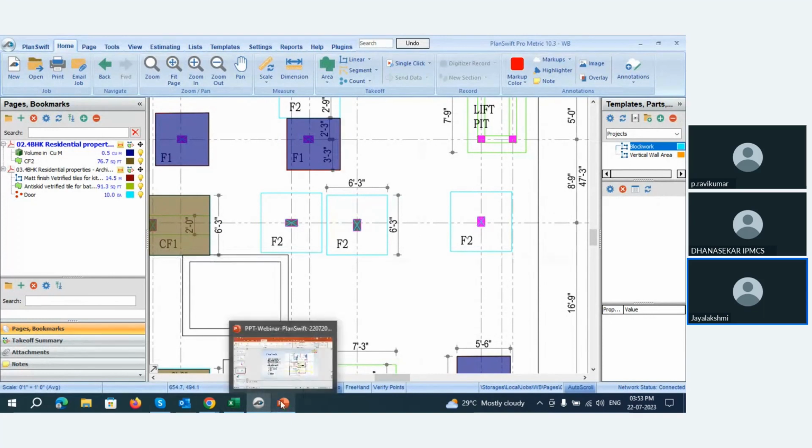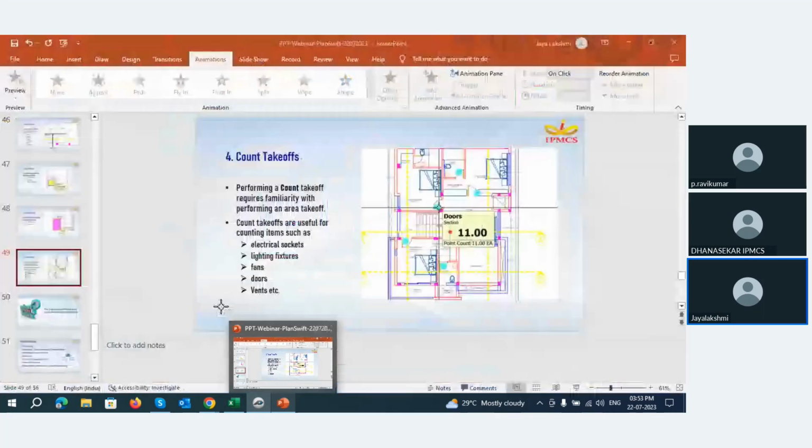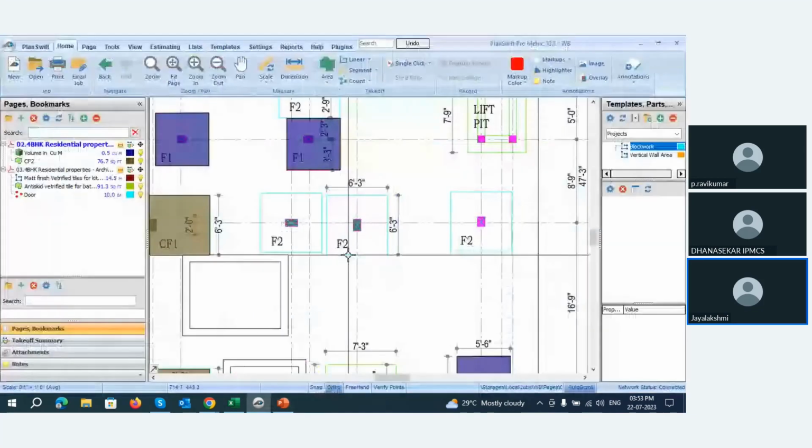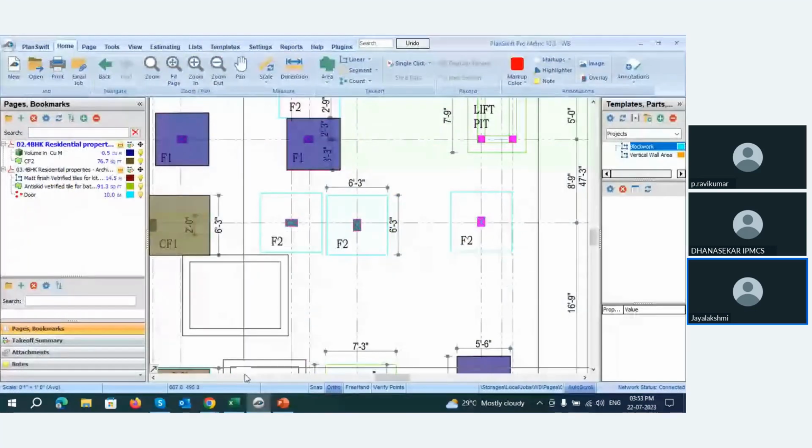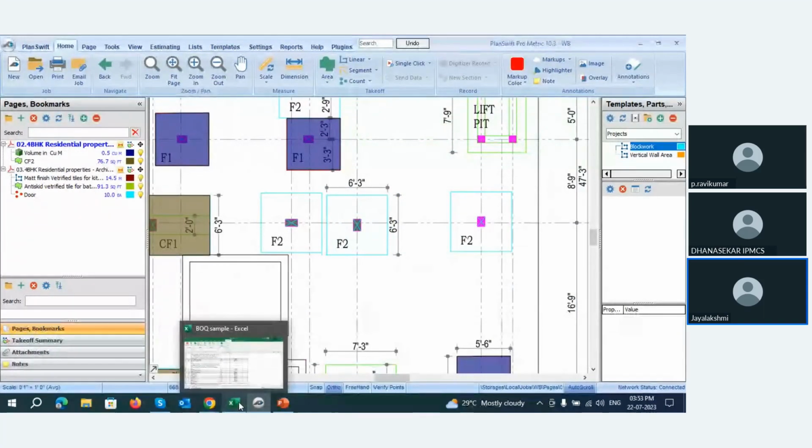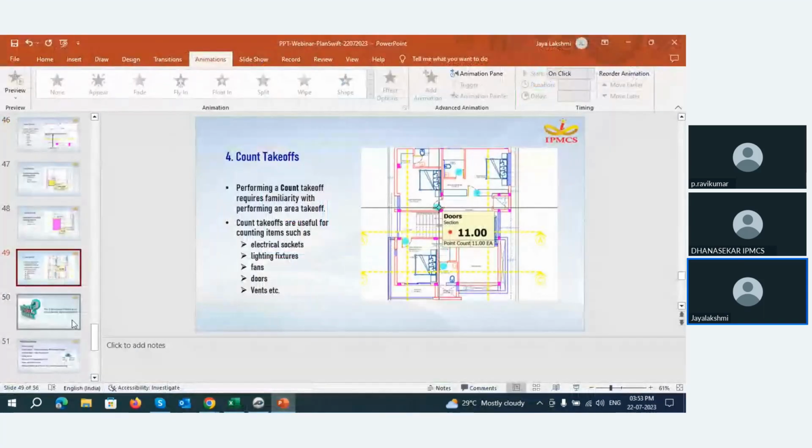So now I have covered the basics. There are a lot of things that can be done other than this. We can create templates. We can work with any of the items that are required. But due to the time limitation, I'll be finishing the PlanSwift demo here. And let me move on to the